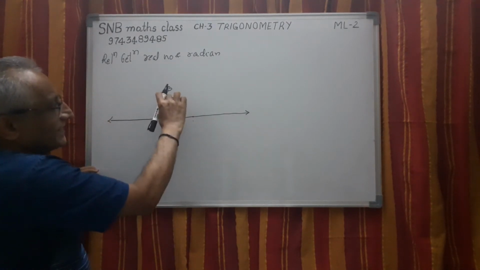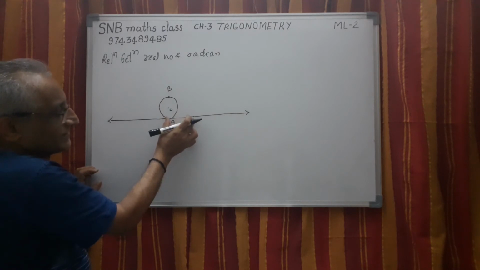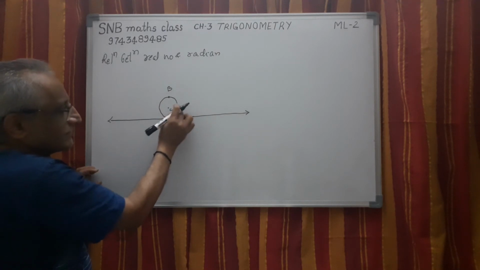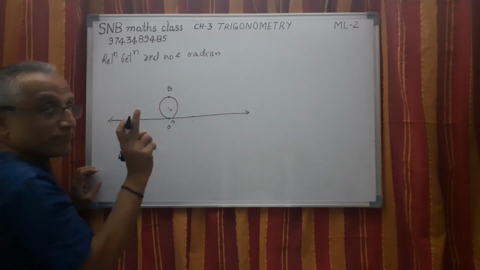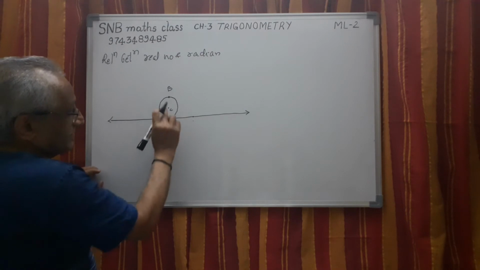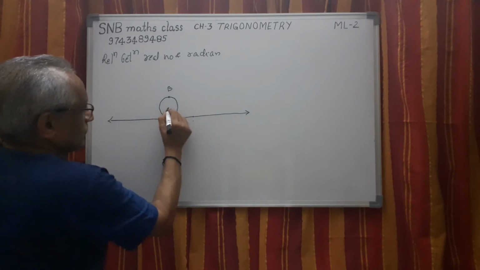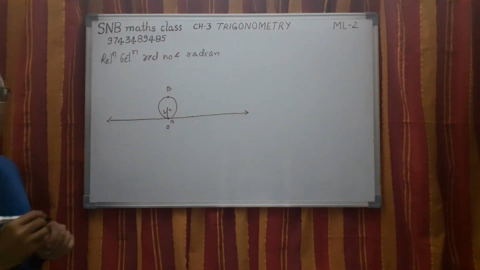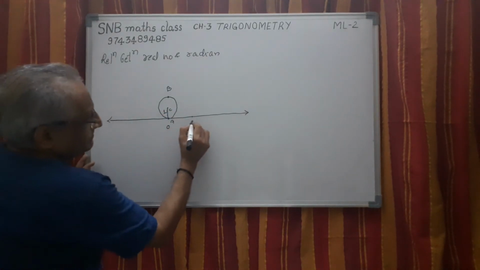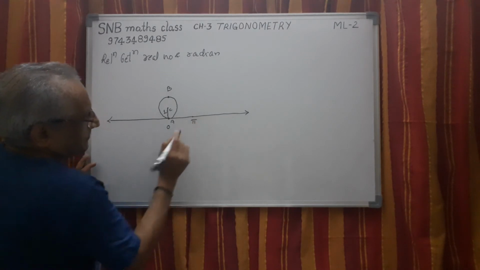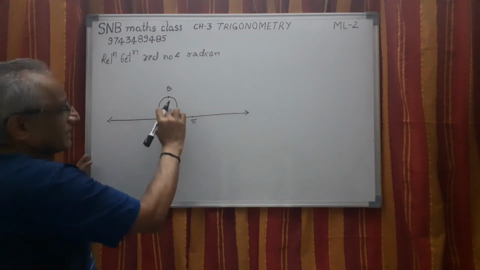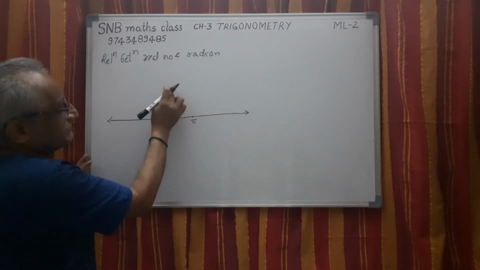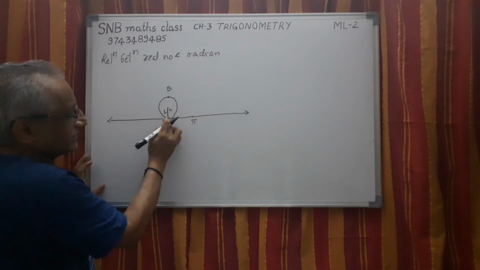Now what is the length of this? The length of this line segment is same as the length of this one. So what is this length? It is pi, because of course you have to take this as 1 unit. I made a small mistake. This is 1 unit, so then this becomes pi. Similarly, you can take the next rotation: after one half rotation, B will be here. One complete rotation, A comes here.